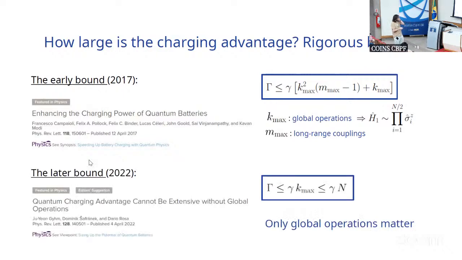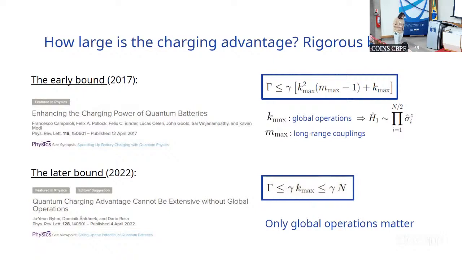Now, in 2022, I was lucky enough to meet Julian, who is there, who was able essentially to take what they wrote as a conjecture and make it a proof. Because they already had a clear idea that the long-range coupling was, let's say, an uninvited spectator. Nobody wanted it there, but the proof was lacking. So what Julian was able to do in that case was to provide a serious proof and show that indeed only global operations matter, and the only source of advantage are the global operations.